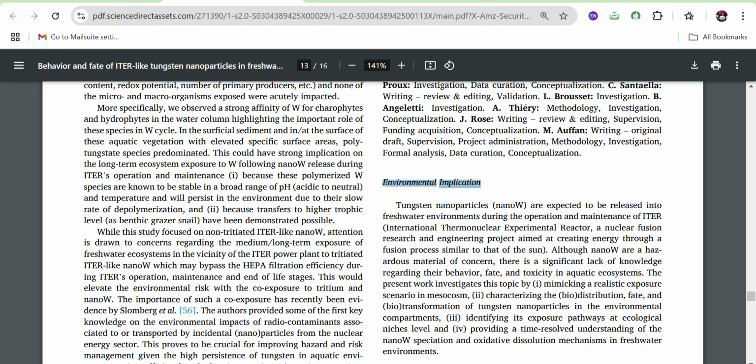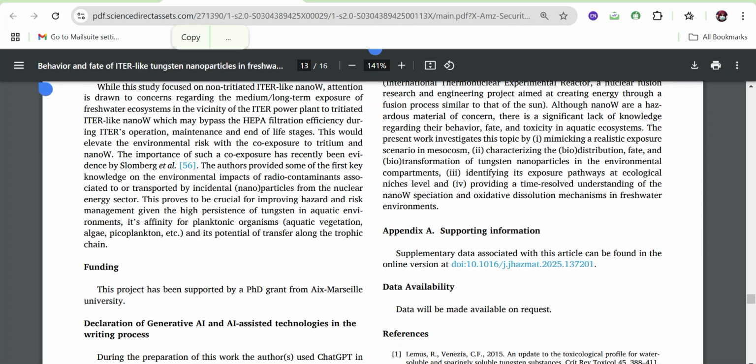So how your study contributes to environmental protection and sustainability, you have to provide this statement as well in one to two paragraphs. After that you need to provide the supporting information, and you need to provide supporting information in